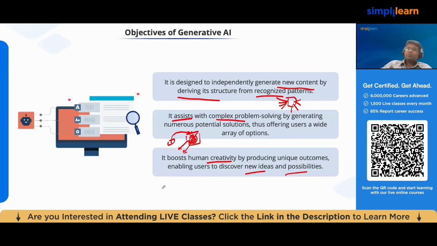But sometimes human intervention is also needed, because these generative AIs hallucinate a lot. So what is hallucination? Hallucination means that